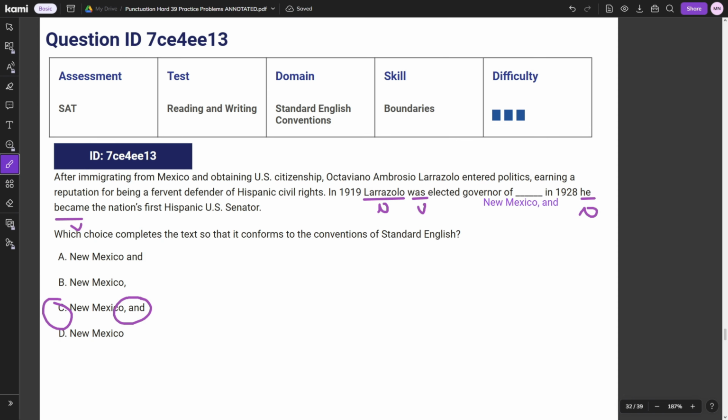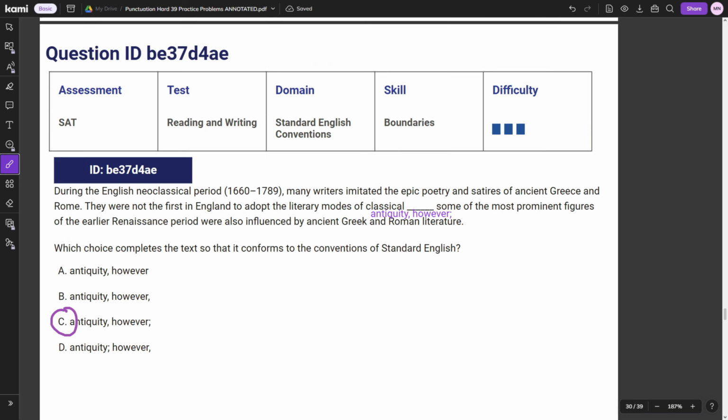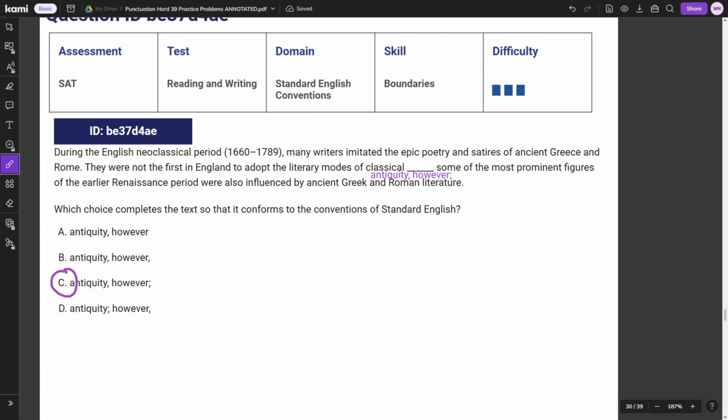Comma to fanboy connects two complete sentences. Most of the time for these transition word type questions, the semicolon will come after the transition word. But just remember, this won't always be the case. I'll link a second secret link of punctuation questions, and in one of those questions, the semicolon actually comes before the transition word. Now I recorded that video like 2 years ago, so my explanation on it was pretty bad,